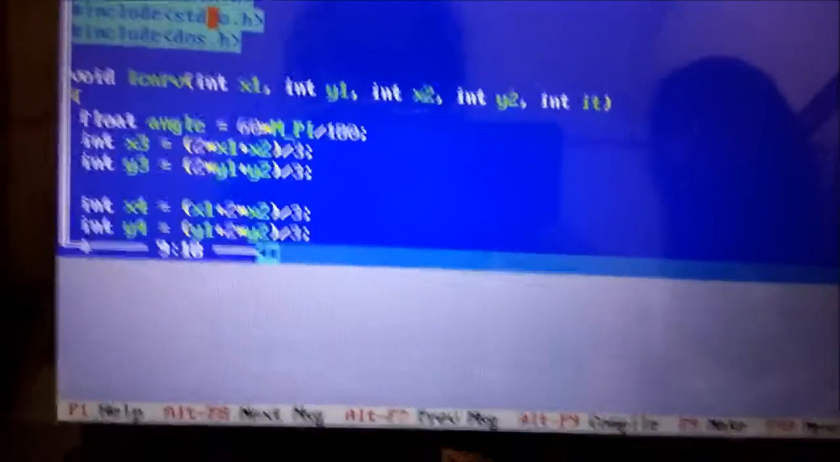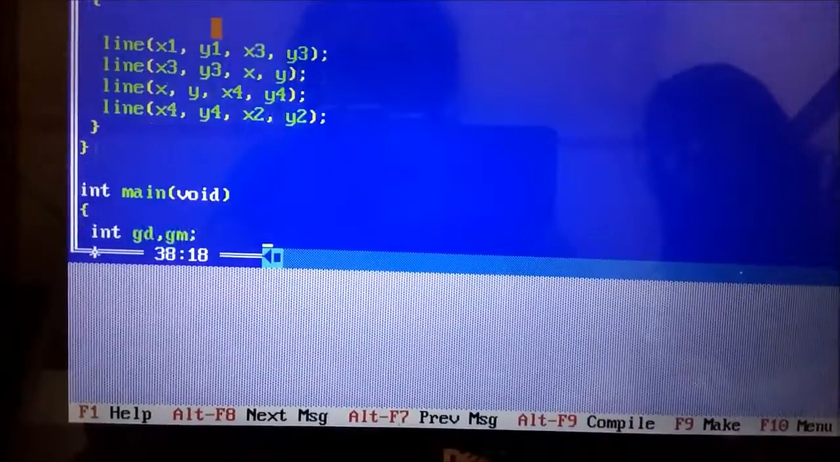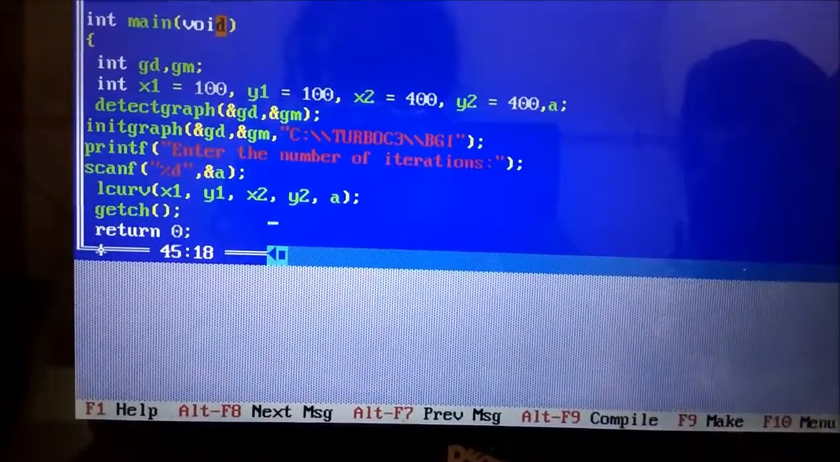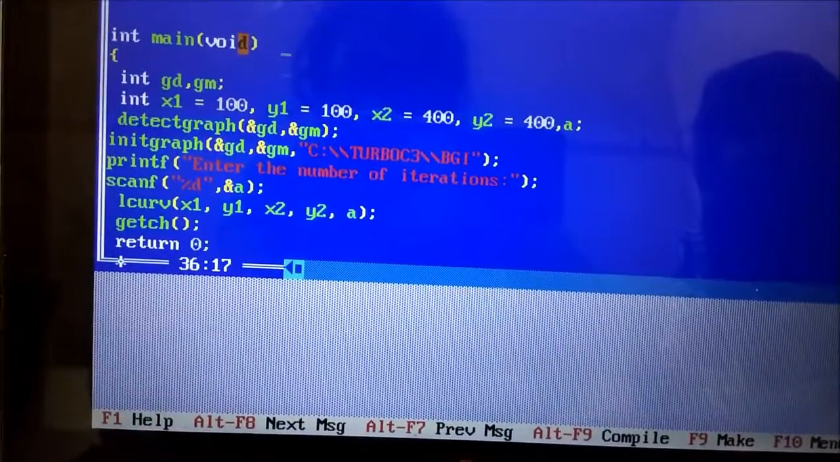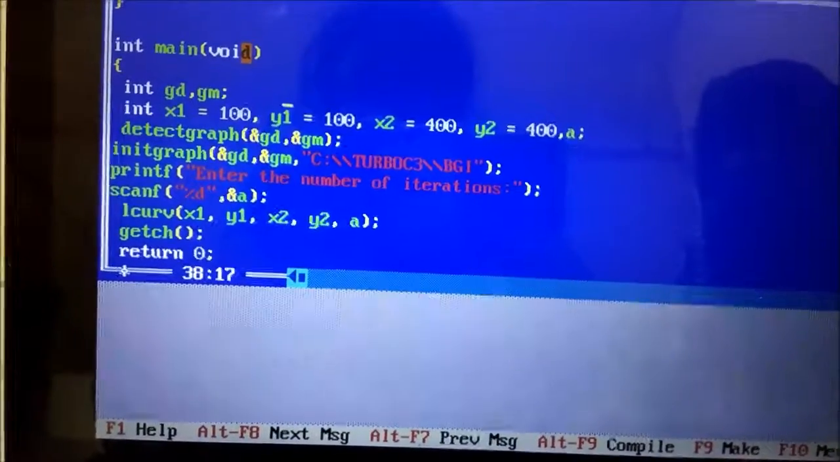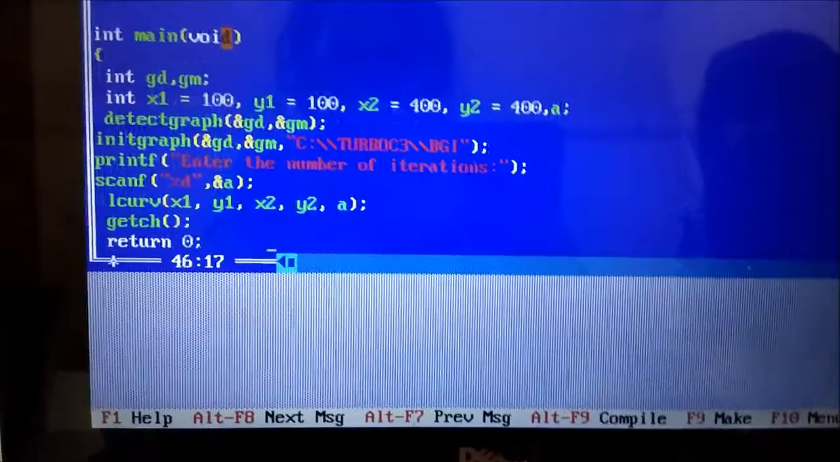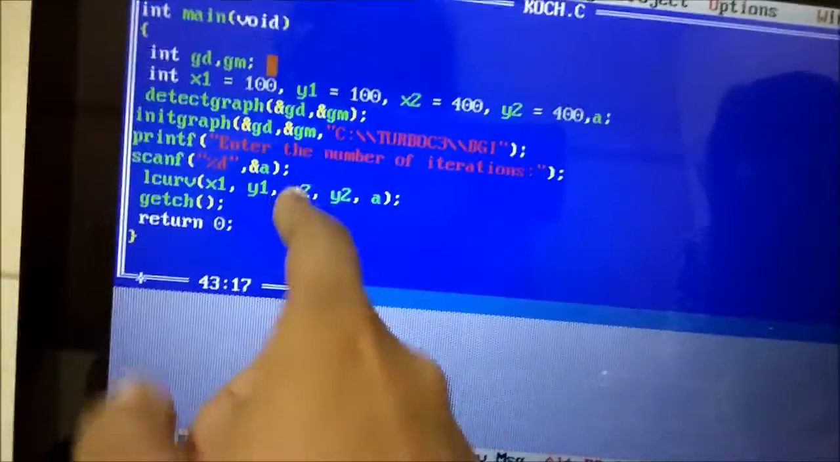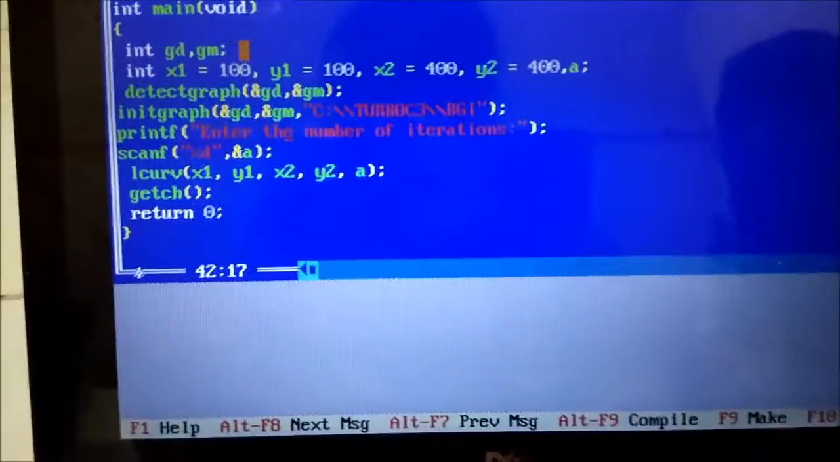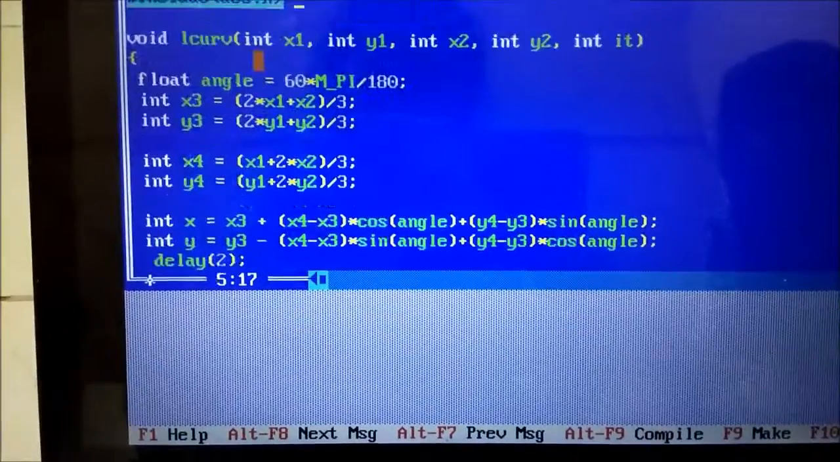Coming to the code part of it, here's the main function, and we have taken the initial line at x1, y1 and x2, y2, and then we have passed on the values to the recursive function. We are taking the number of iterations from the user. So here's the recursive function,